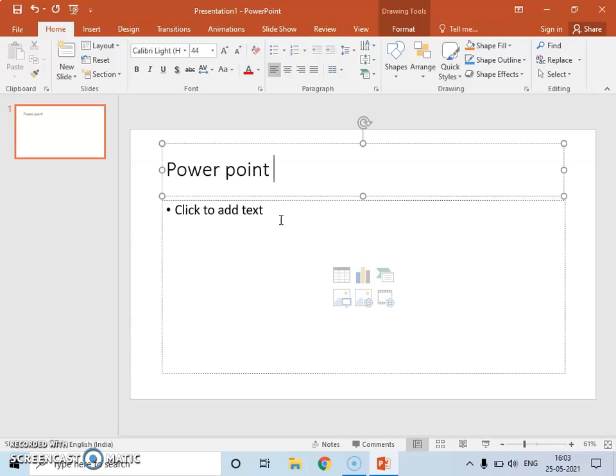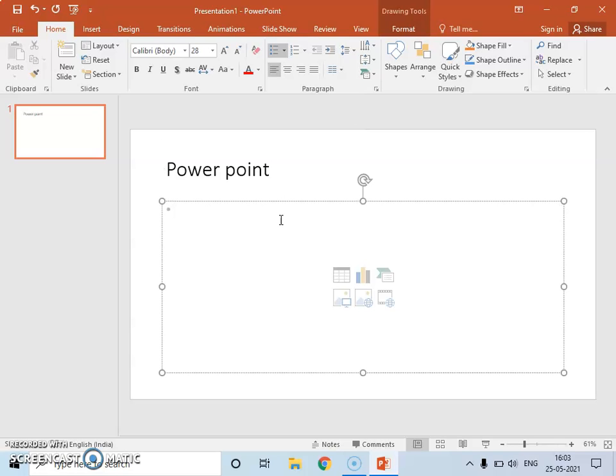In the below box we can add text or body to the title. Whatever text we want to put under this title, we can add in it. Suppose that is MS PowerPoint 2016, MS PowerPoint 2010 and so on. If I want to create a new slide in this presentation, then how can I create this